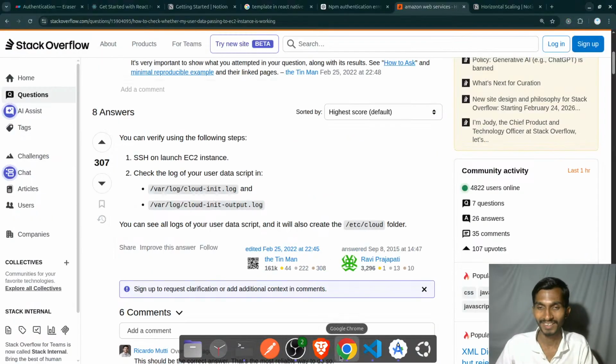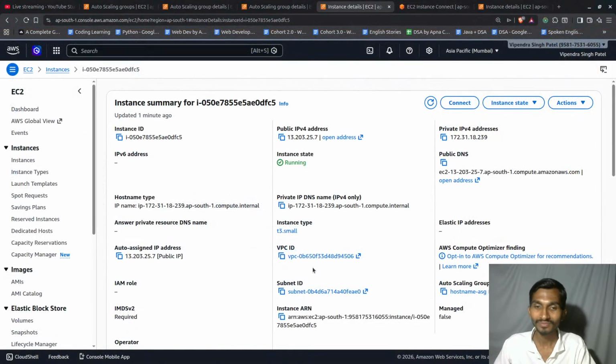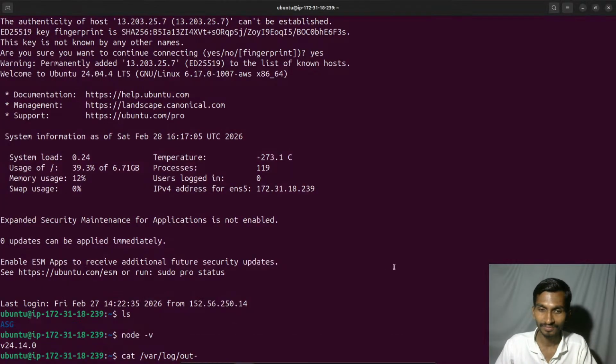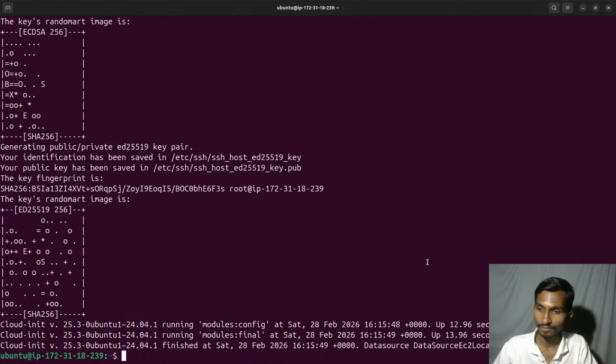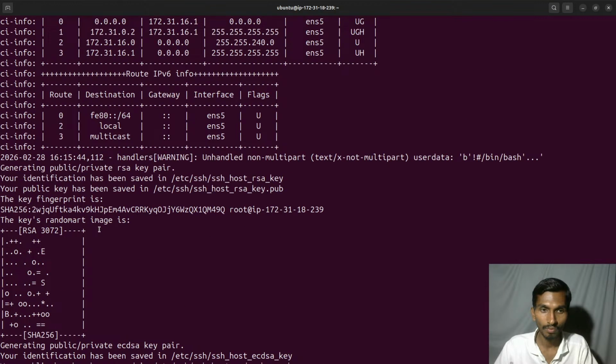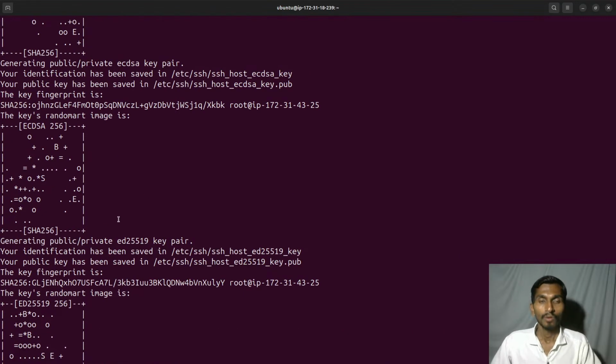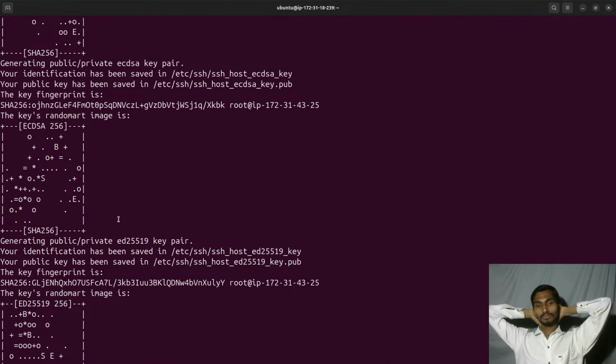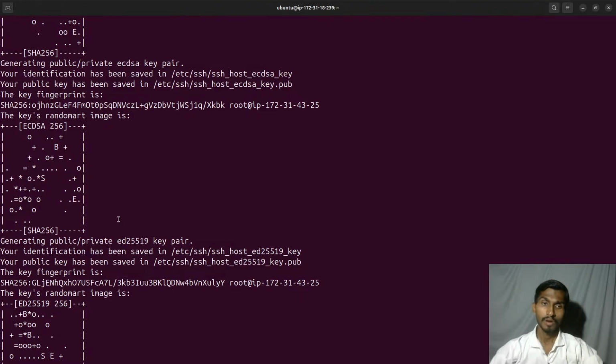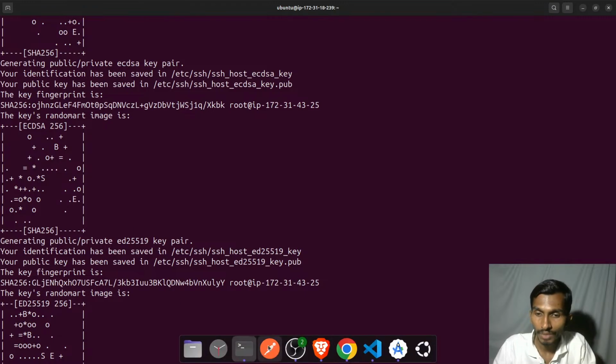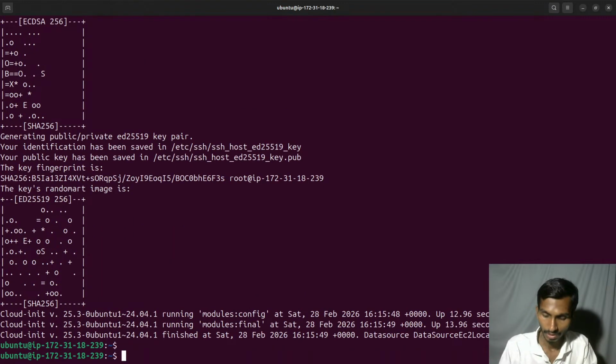Okay. Cloud init output. Log cloud init output dot log. One thing is missing here. I don't know how, but this happened somehow. If I actually check which bun,